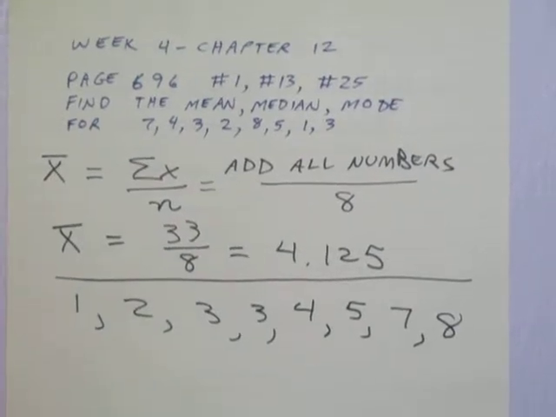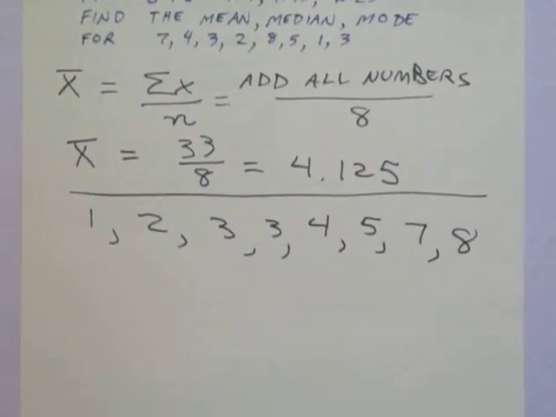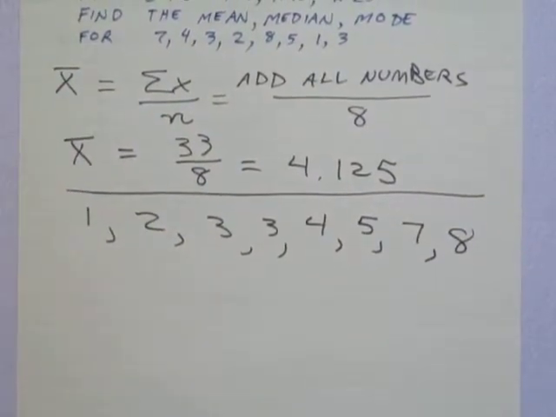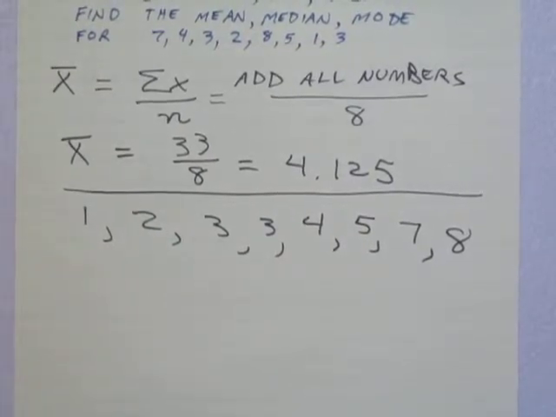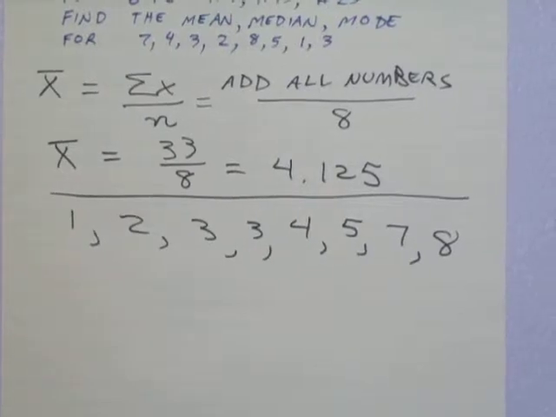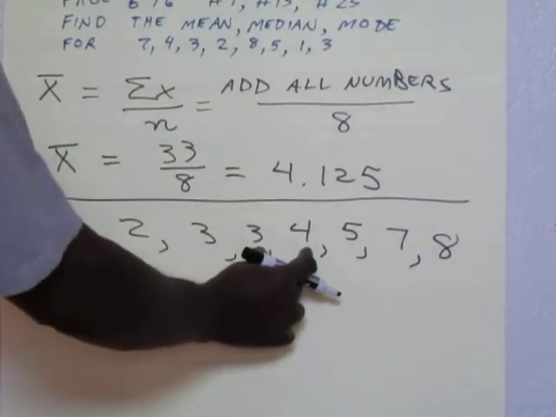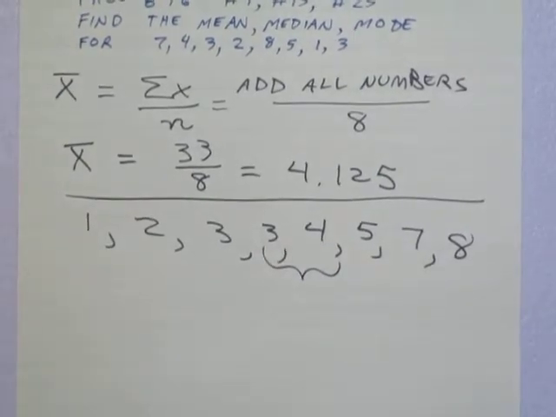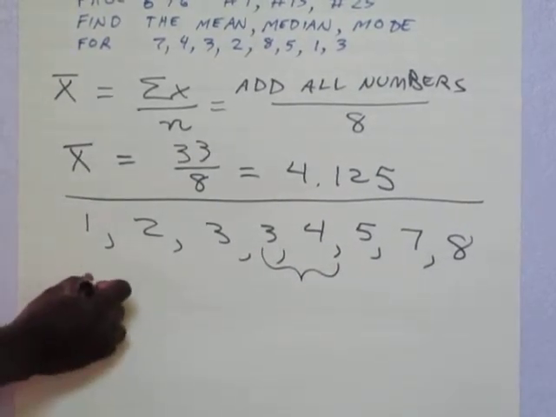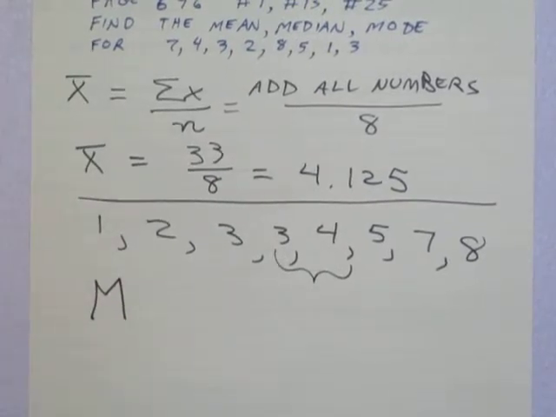So now they're in order. The median is simply the number at the center of our list, or the average of the two that are closest to the center. Since there are 8 numbers, we take the 2 numbers that are closest to the center, and the median, I'll use a capital M to denote that,